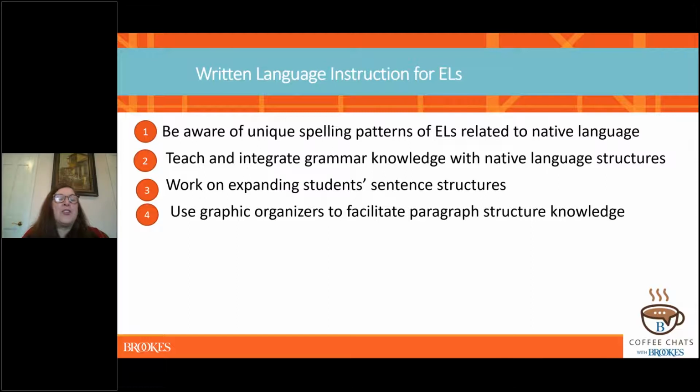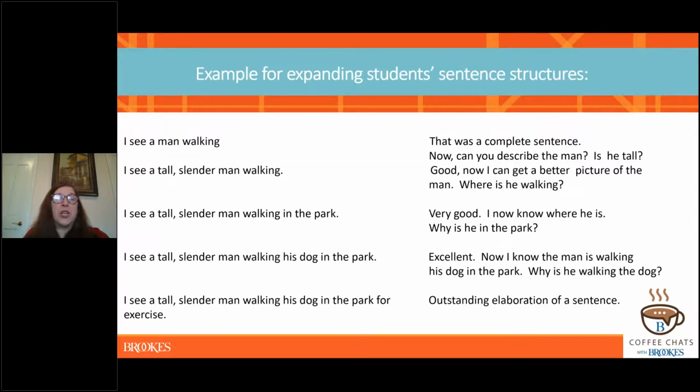And then in the writing chapter, we really talk about grammar and what's similar across these various languages that many of our English learners speak in their homes, and how we can help them to understand words, how words work, and how we can help them expand those sentence structures. And then from those sentence structures that we build, we also want to use those graphic organizers to facilitate that paragraph structure knowledge. And so between chapters 9 and 10, we're really exploring spelling and written language development amongst English learners. And here I wanted to include for you just an